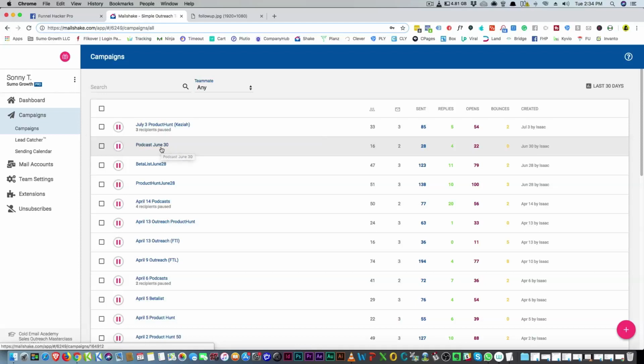Number two, normally with this type of thing, you don't have an inbox so you can open a thread of communication. Here in MailShake, you can do it all in one place. Then once you decide that this is a lead, you can send it to your CRM and then continue the conversation from there. Let's jump into the software.